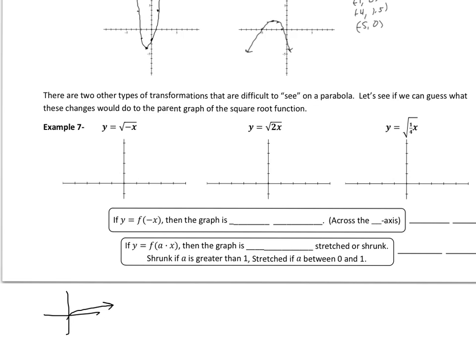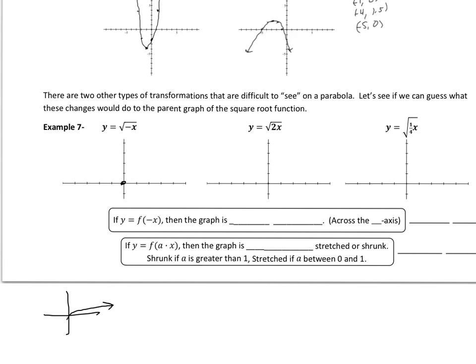Okay, yeah, it's inside. So it's going to be a horizontal change. Now, on the outside, a negative flips it over the x-axis. So on the inside, a negative is going to flip it over the y-axis. Okay? So,